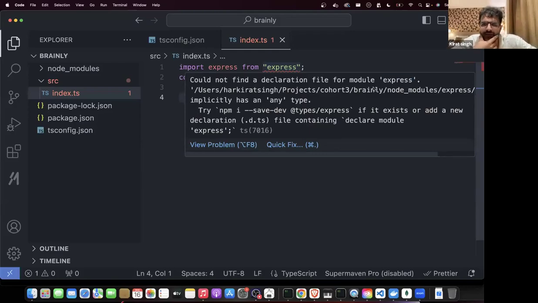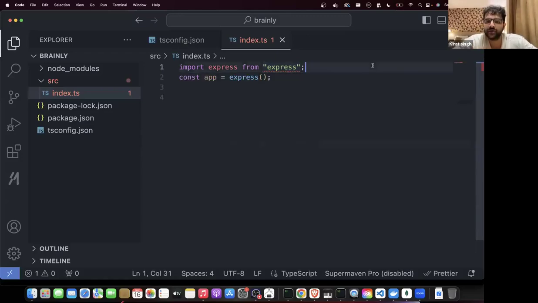क्या declaration file नहीं मिल रही. What is a declaration file? You might have heard of .d.ts files. If not, let me tell you what those are. अगर आप कोई library बनाते हो, if you create a library of your own, you write simple JavaScript code in there. आपने अपनी Express library जैसी बना दी, आप JavaScript code लिख रहे हो, you are happy.